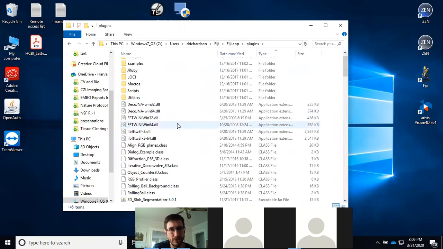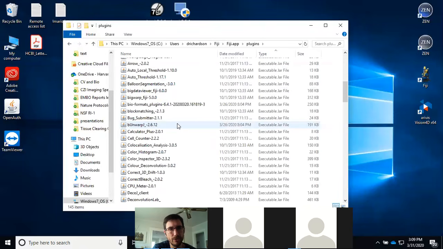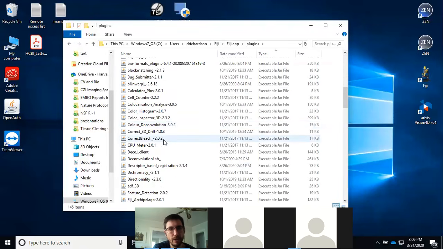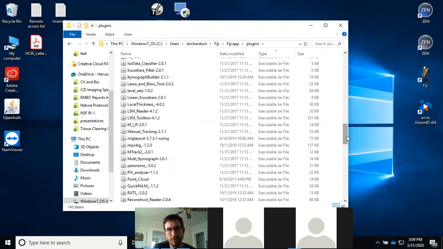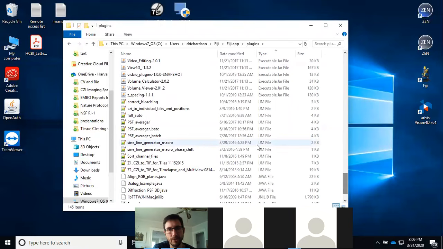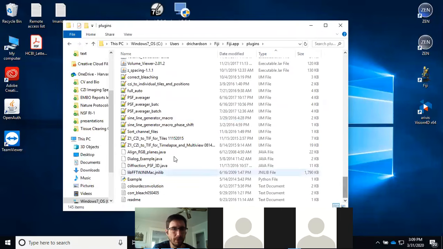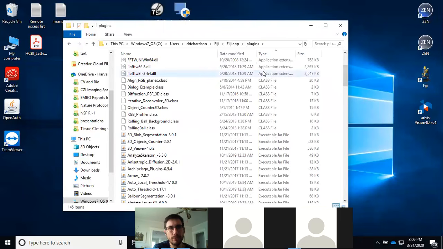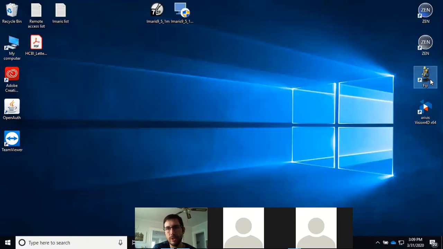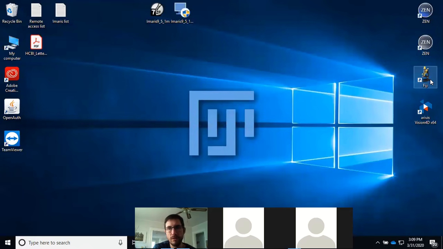These files are usually a jar file. Or sometimes if someone's just done something in the ImageJ macro language, it'll be one of these IJM files, or sometimes it's a Java file. But once you have one of those files, you just dump it in here, restart ImageJ or Fiji, and then you'll have it available to you. Okay. Good. So when you do install Fiji,